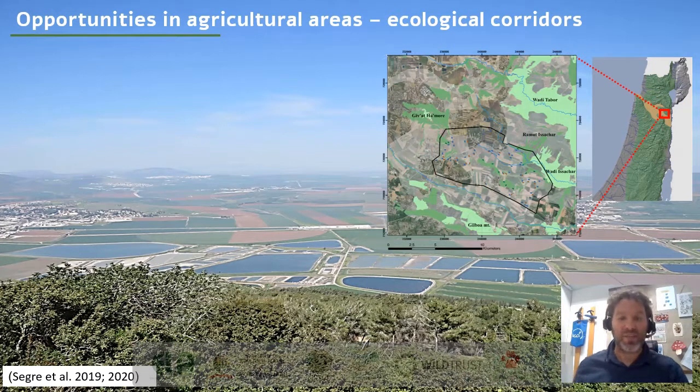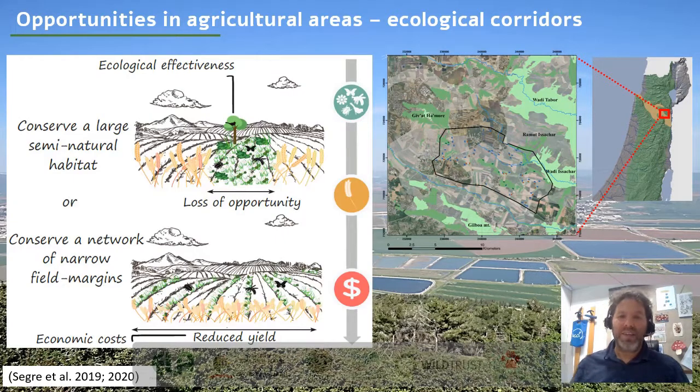In the map of the study area, which is about 100 square kilometers, you can see the green areas, different shades of green, are different types of protected areas, and there are almost no protected areas within the study area. And we were asked by the Israeli Nature and Parks Authority to think about designing an ecological corridor, restoring habitat as an ecological corridor to allow passage and connection between these two important ecoregions.